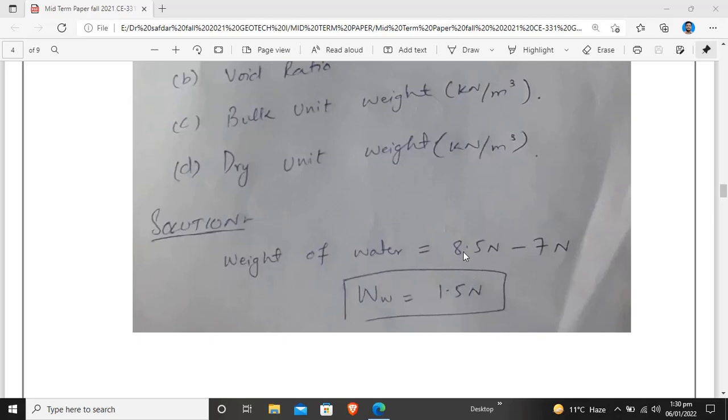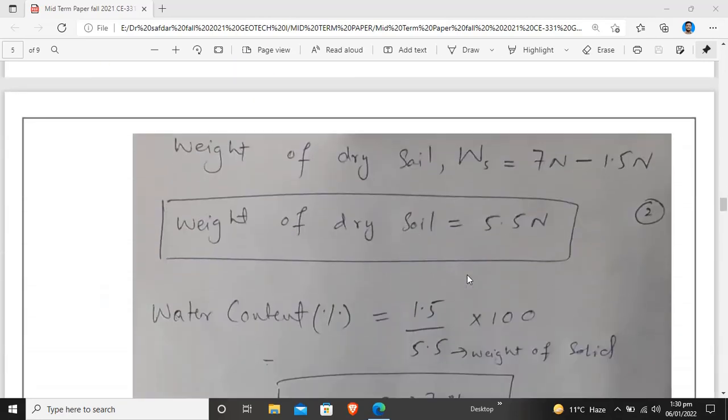is found by subtracting 7 Newton from 8.5, so you get 1.5 Newton as the weight of water. Now after that, the weight of dry soil is to be found, which is equal to 7 Newton minus 1.5 Newton, where 1.5 Newton is the weight of the container. So when we deduct this weight of the container from the dry sample,